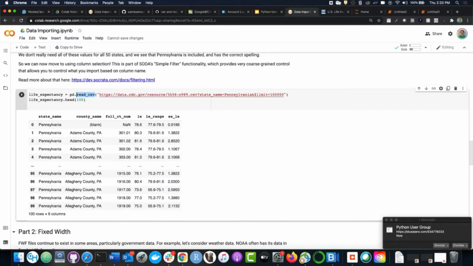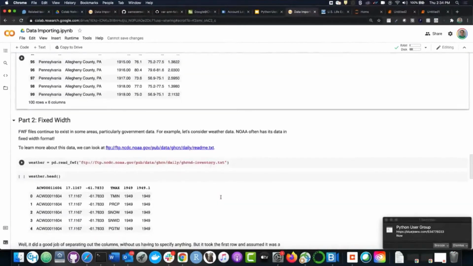I may use spaces between values. You may want to fill it with dashes. You may have two header rows. I may have one. You may have zero. There are a number of differences across fixed width formats. And a lot of times in fixed width format, there may be a few rows at the top that are metadata that explain something about the file, and then after that comes the data itself. So how do you skip past that metadata and then get into the data itself? And this is, again, where Pandas methods are going to be super useful to you, especially read fixed width format.